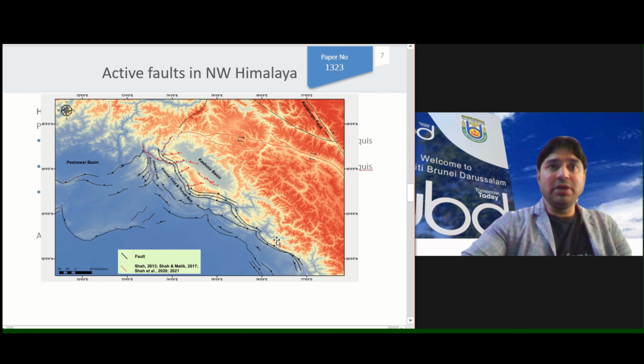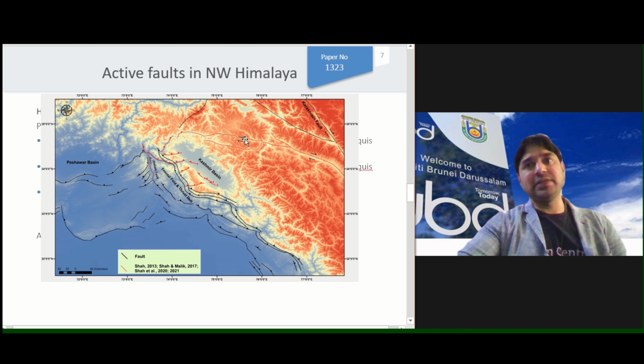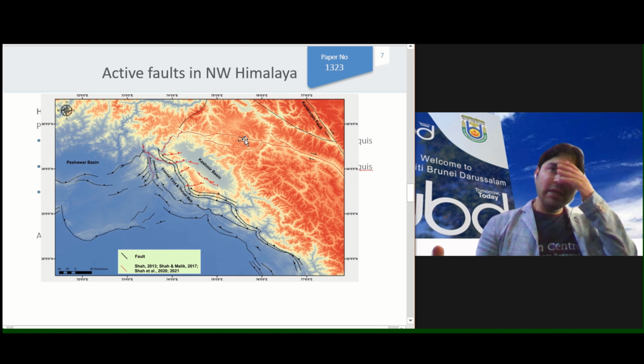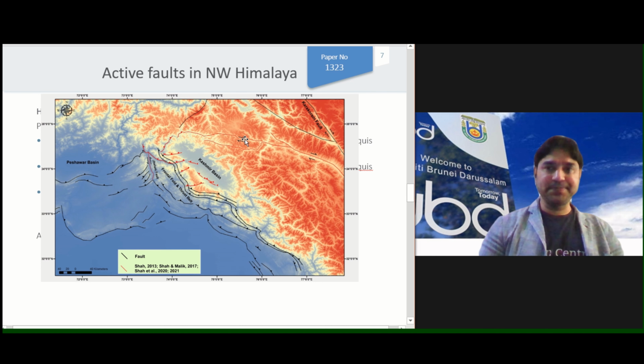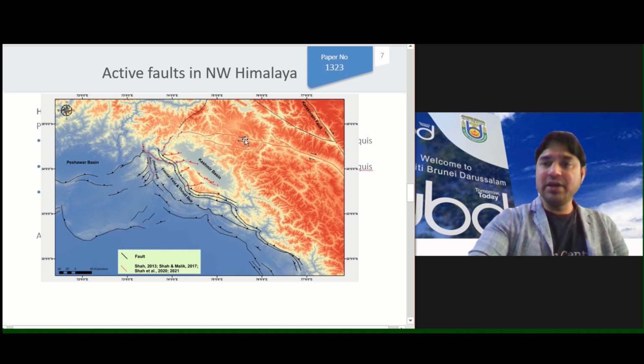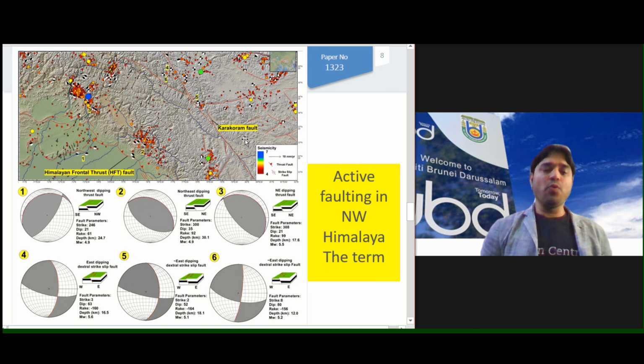So here are some of the faults that we have mapped. So these are a sequence of faults. We have faults inside, and we have one of the faults which we recently mapped somewhere here, and it has a very clean active, it's an active fault, and exactly where the India-Eurasia suture zone is located. So in other words, the suture zone is showing tectonically active features. The field work can tell us more of the story about it, but it is showing a very clear evidence of active faulting.